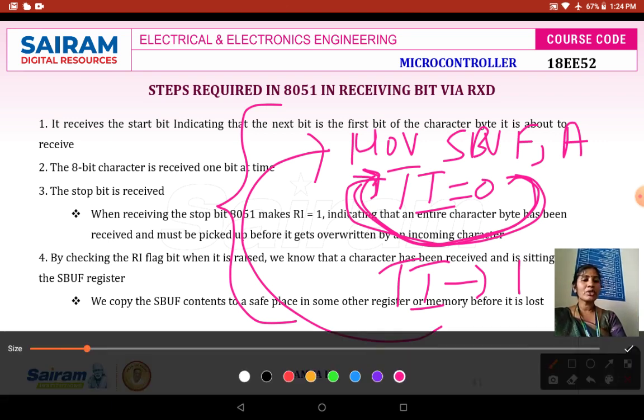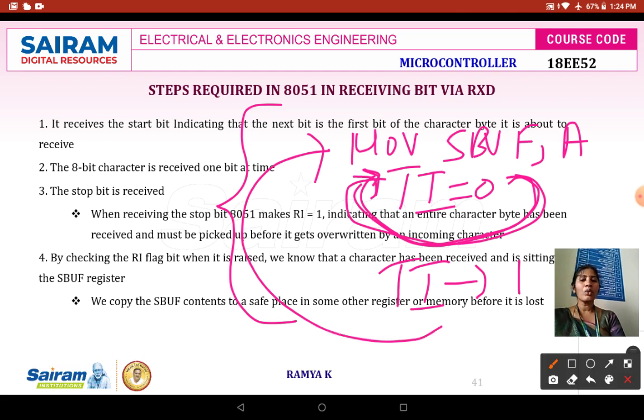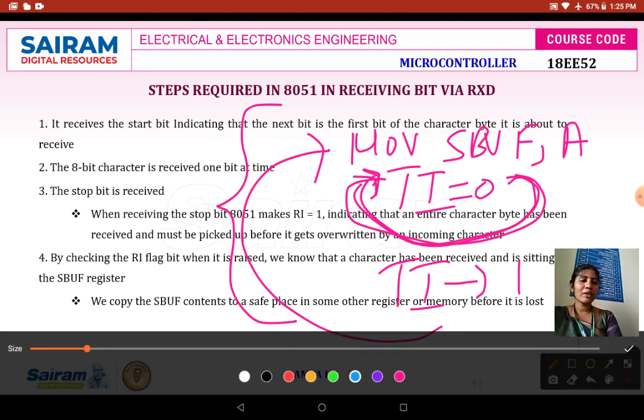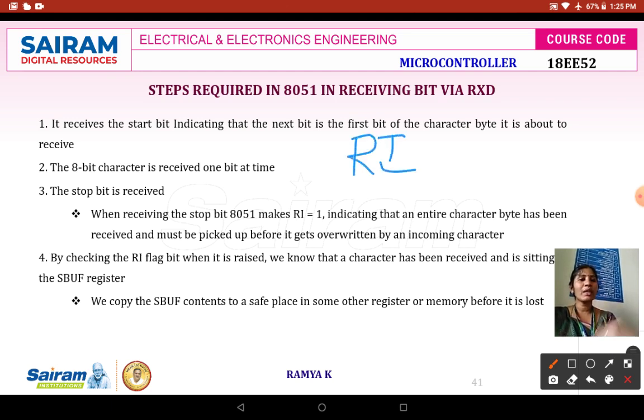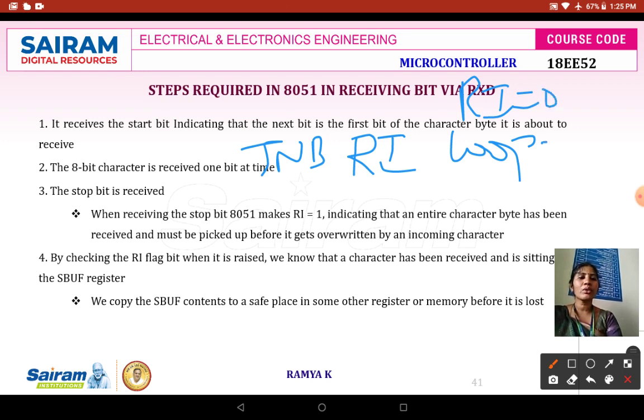Now, I'll be writing a few steps to show how exactly the data will be received. In case of data receiving, the first step is to check your receive interrupt flag, that is, whether we have received the data or not. That is, jump on no bit RI, then loop. So if RI is equal to 0, it will continue in the same loop.